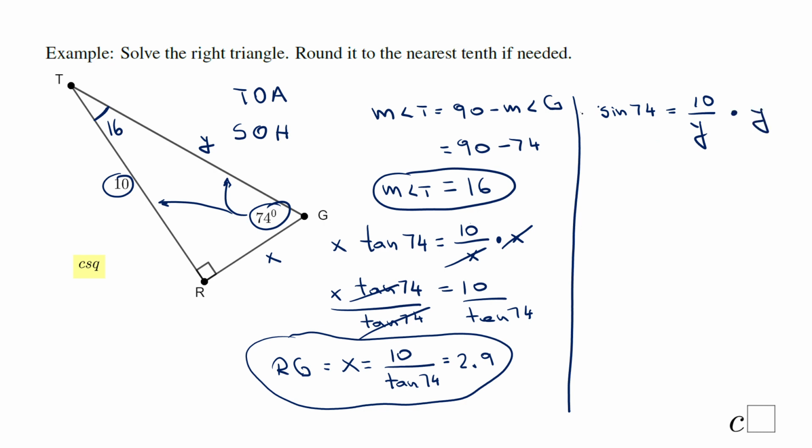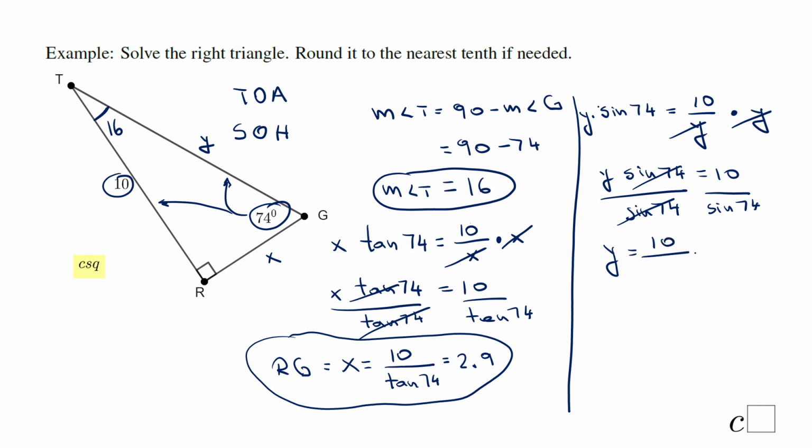Multiply by y, and divide by sine of 74 on both sides. So in this case we have y equals 10 over sine of 74, which is the exact answer,